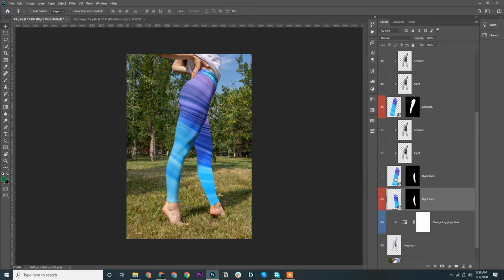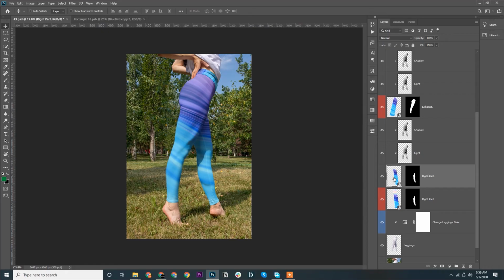So we'll press Ctrl T, warp, reset the warp option, and perhaps change the setting to this. And you see, now we'll try to replicate this warp effect.